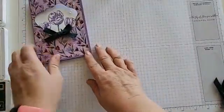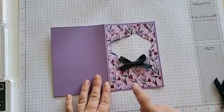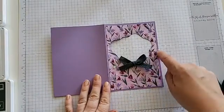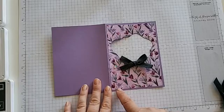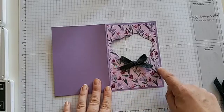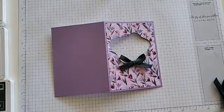So this one I had to do a little bit of prep work. To start this one out, what I had to do is glue on our DSP here. I just went on the outline, so I used my liquid glue, had it flipped over, and glued it on the very edge, as close as I can get. And then I grabbed my